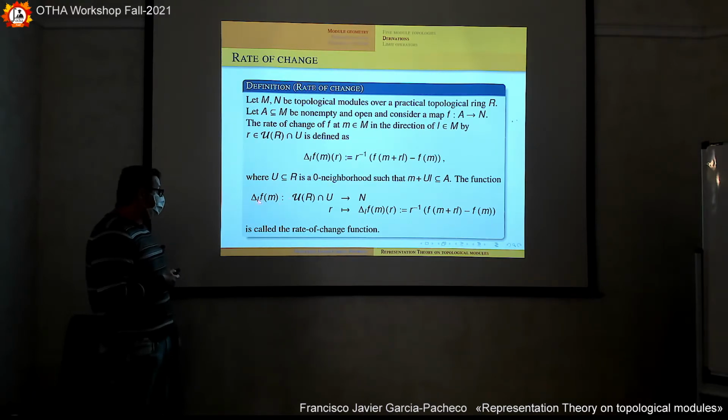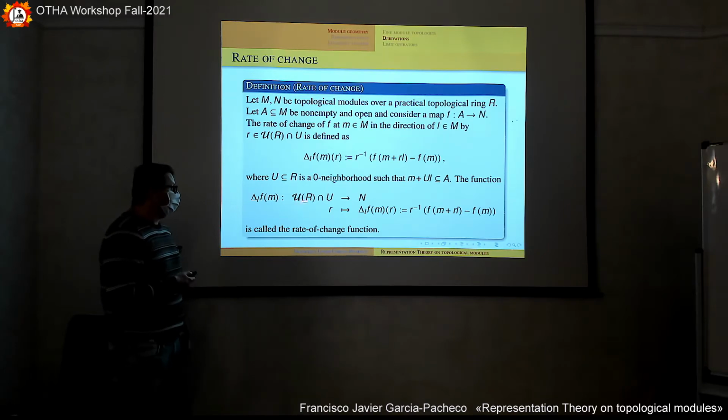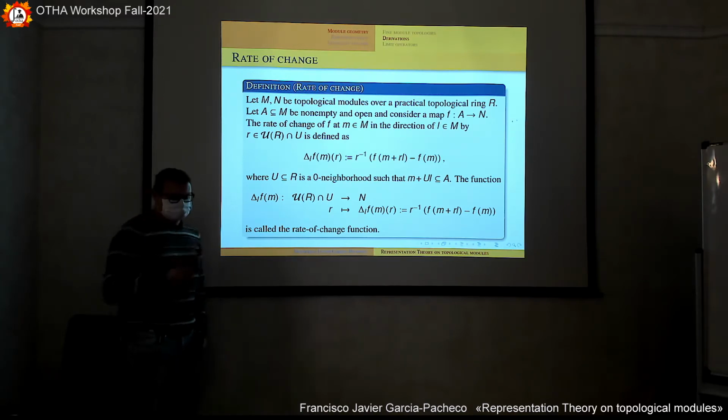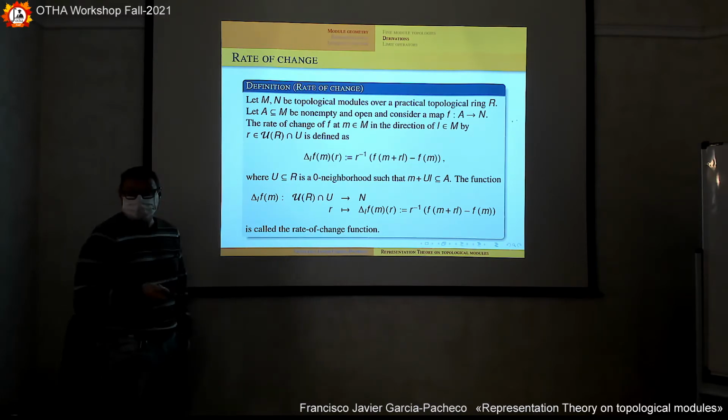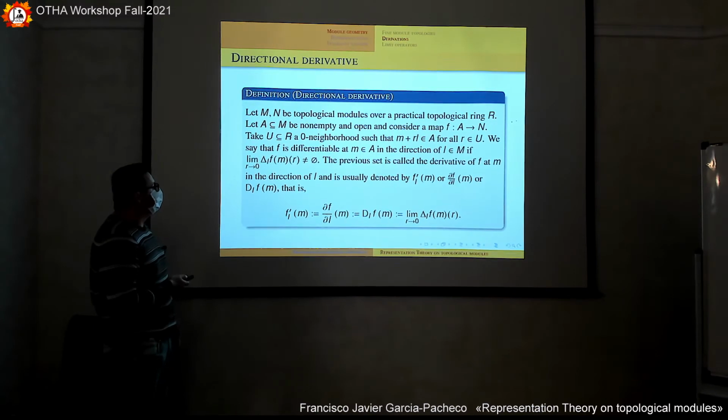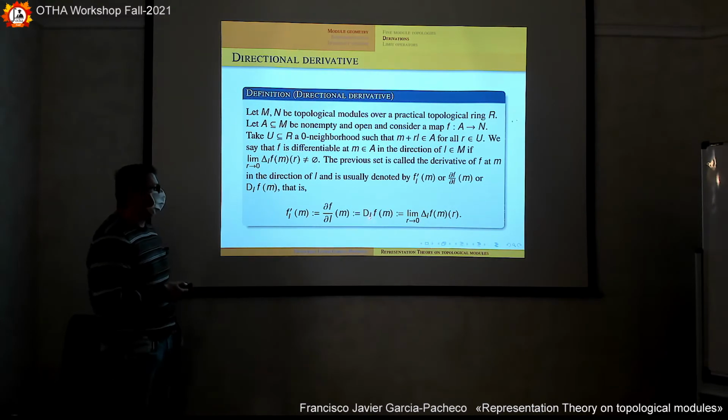If the limit of this function at 0 exists, since the ring is topological, 0 is not isolated, I mean, it can be approached by invertibles. So this becomes a filter base, and we can take the limit as r approaches 0, and that limit is defined as the